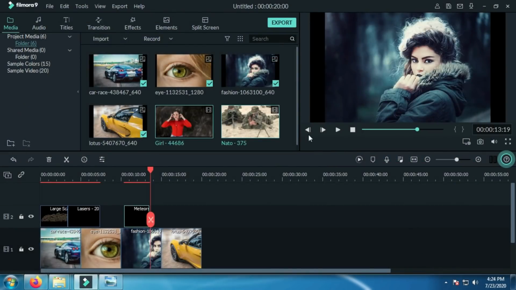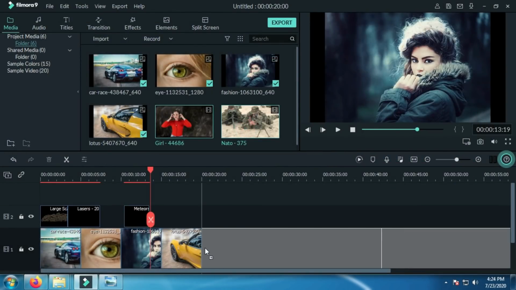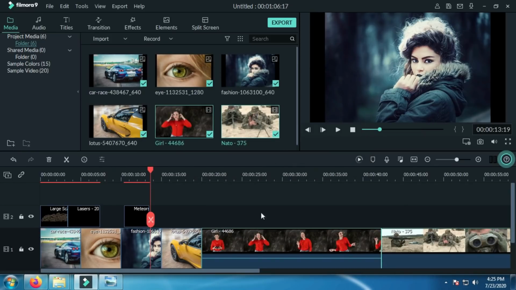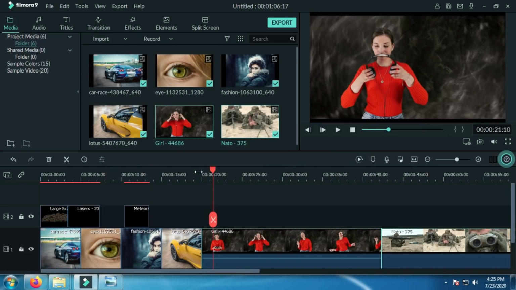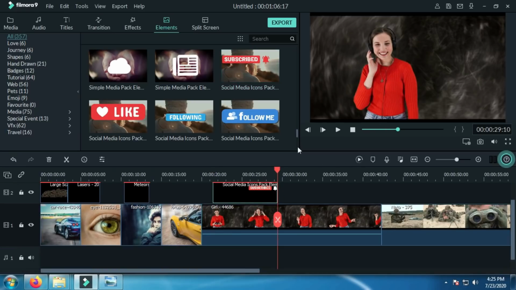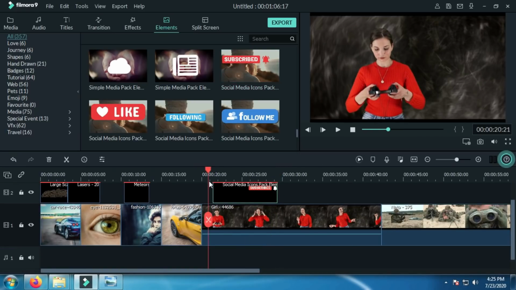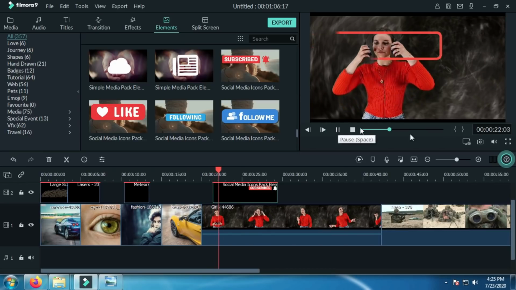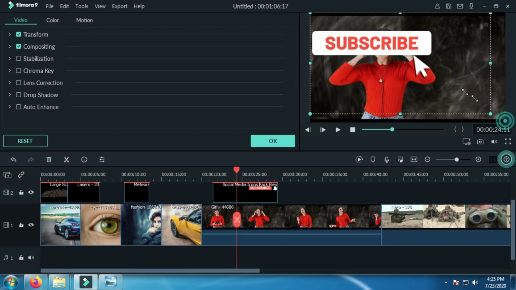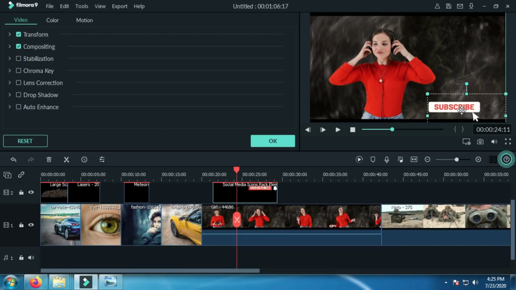So social media elements, they provided more than 20 social media elements. Just I'm importing some videos. I'm importing 2 videos here. YouTubers usually use 1920 aspect ratio. Just adding this, the subscription button. See this element, how nicely working it is.